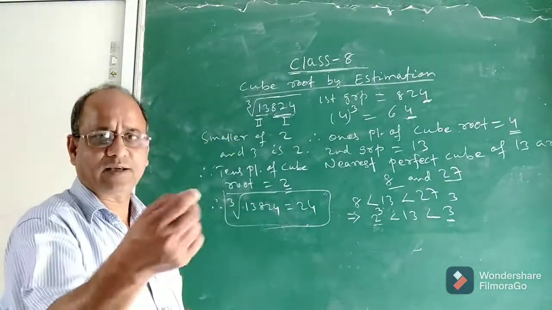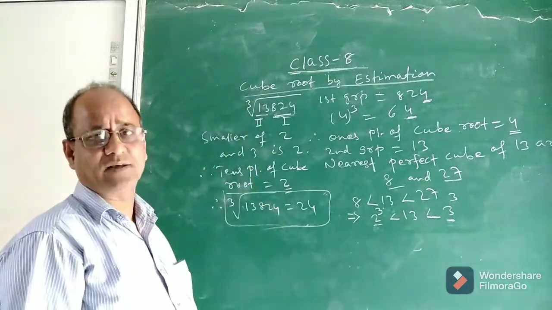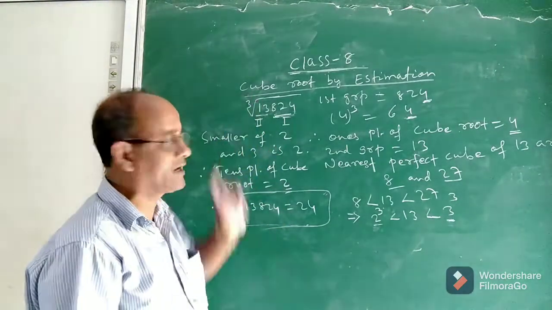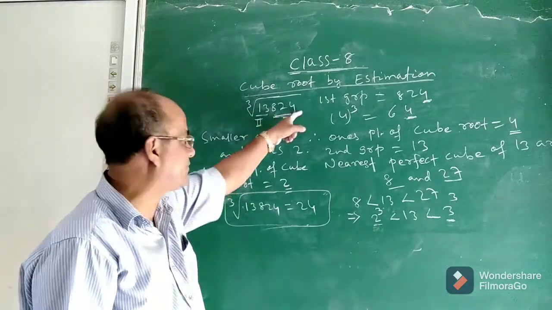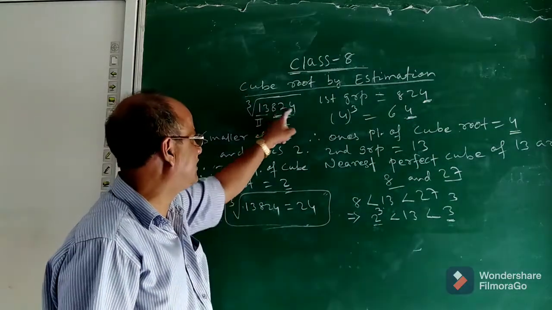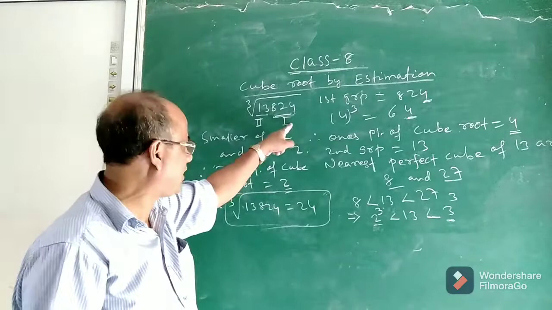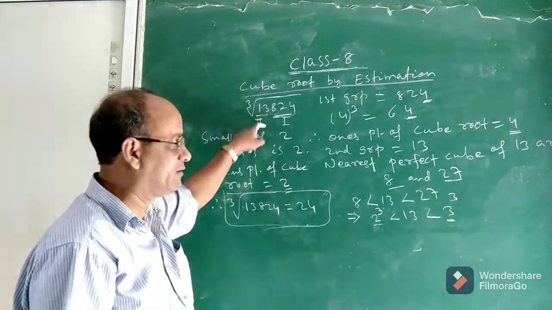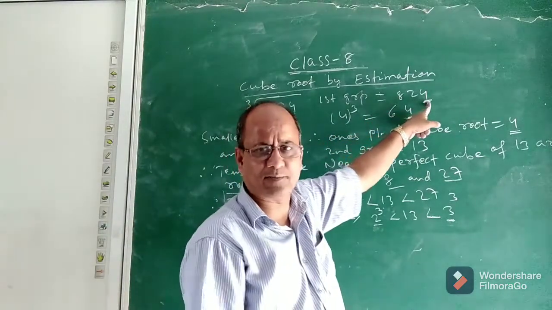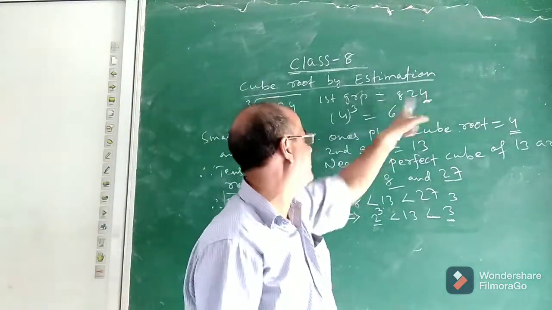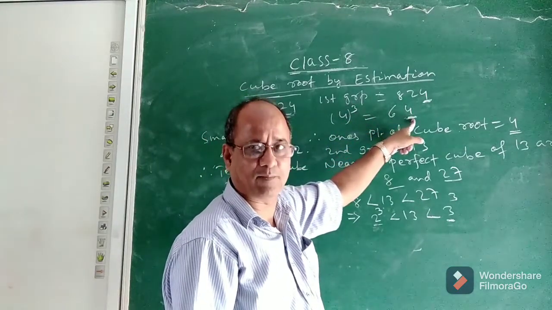Okay, children, once again I am just summarizing the steps of the estimation method. How to find the cube root of a perfect cube using the estimation method. So first, what will you do? First you form triplets or groups from the right. These three digits will constitute one group, or one triplet. This is the second group, 13. Now after getting the first group, look at the ones place, whatever it may be. You take the cube of that.